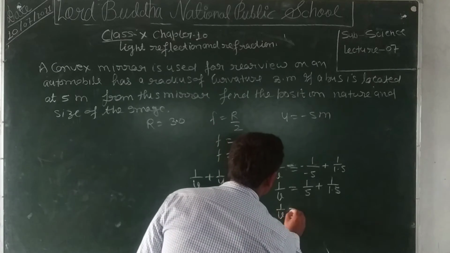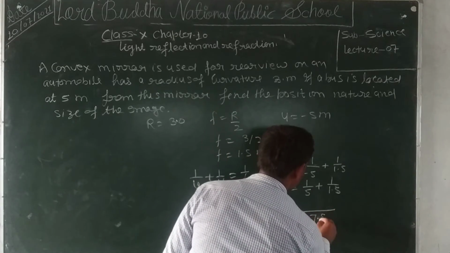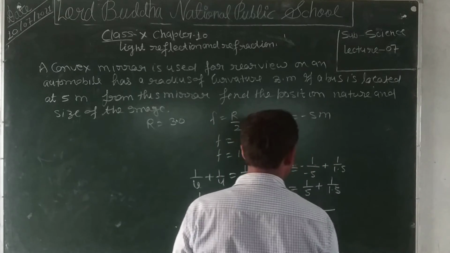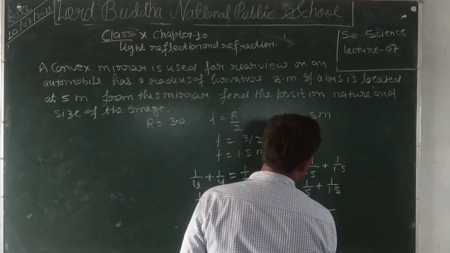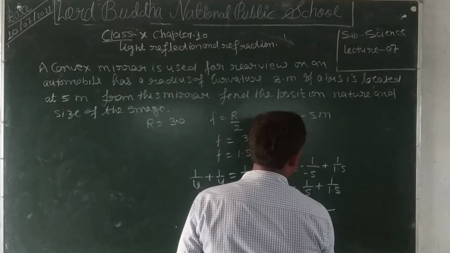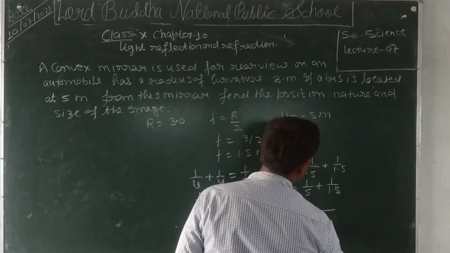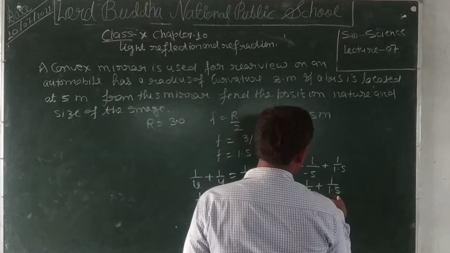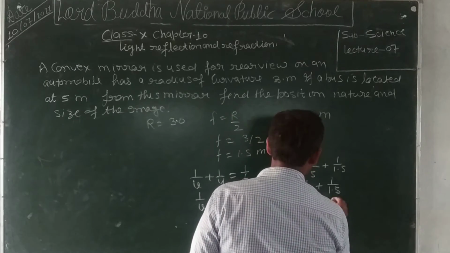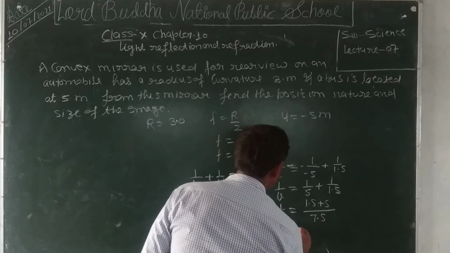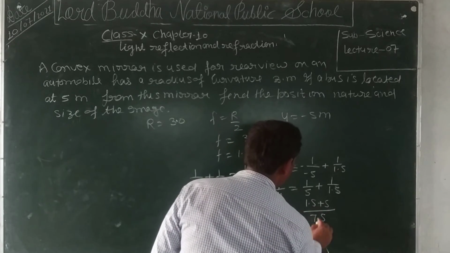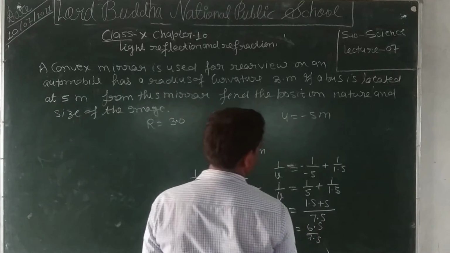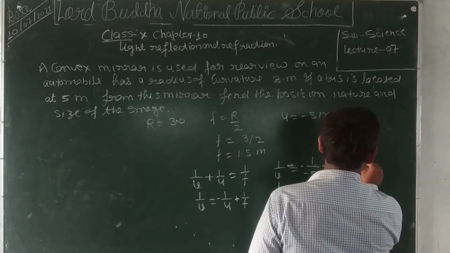So 1 upon v equal to 5 plus 1.5, that is 6.5 upon 7.5. Clear? Now v equal to